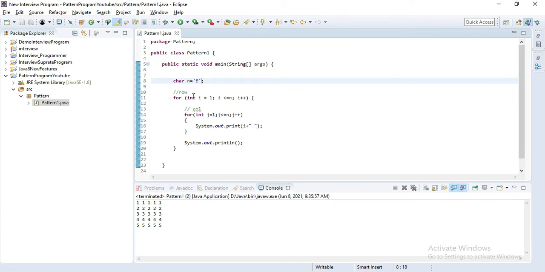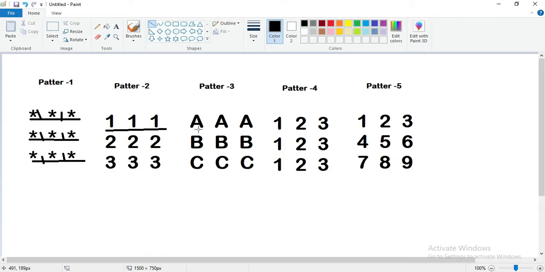Inside the for loop also, define a character instead of int, character j equal to a, and what we are doing here is printing a b c.